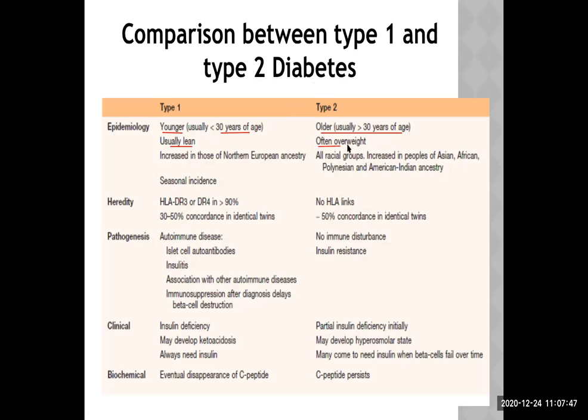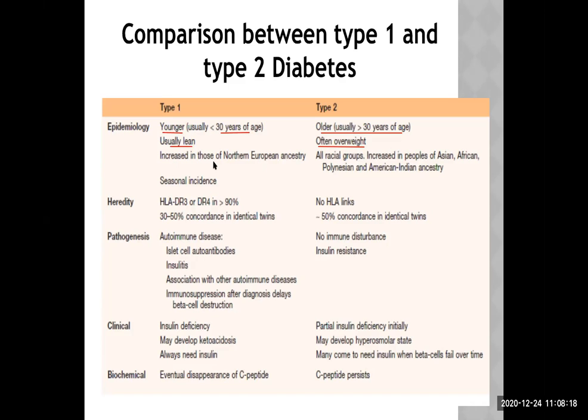And type 2 diabetic people are often overweight. Now, what may be the reason for that? I can give two important reasons here. One, in the beginning, there is oversecretion of insulin from the beta cell, and that insulin is causing weight gain. And another one, obesity itself is a risk factor for type 2 diabetes. Okay, they are already overweight from the beginning. So both types of explanation are acceptable here.